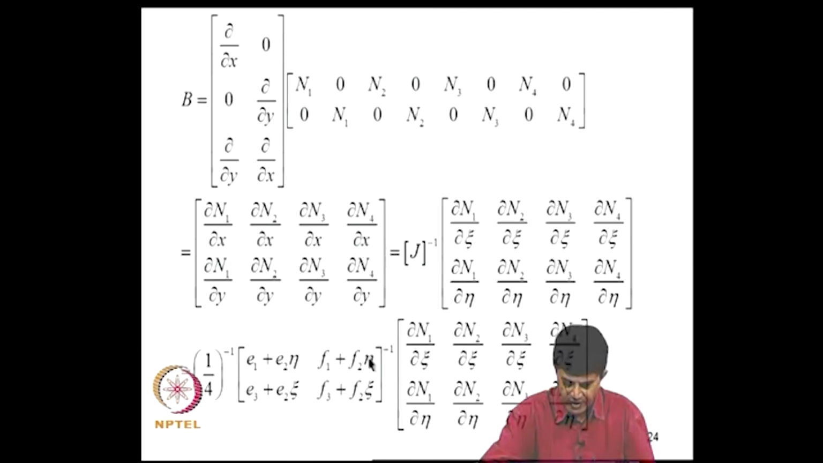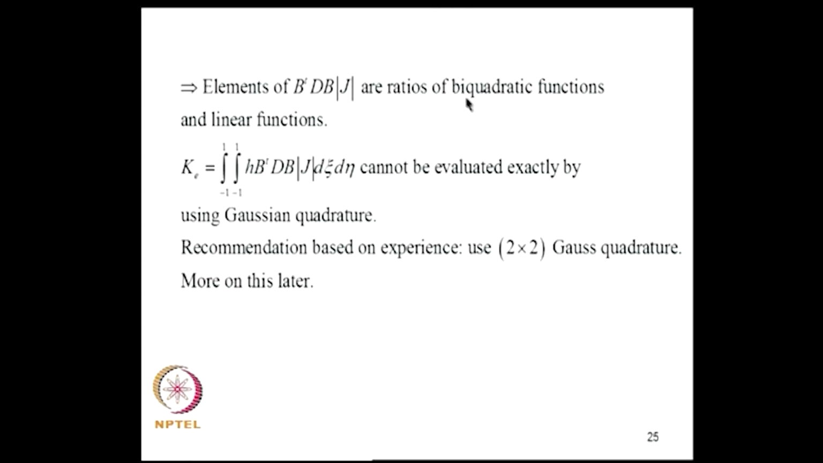See, there is an inverse here. So, if you look at individual terms, they will not be polynomials, they will be ratios of polynomials. Okay. It turns out they are ratios of biquadratic functions and linear functions. So, this would mean Gauss quadrature will not be able to evaluate elements of Ke in an exact manner. So, if you use Gauss quadrature to evaluate this, we are introducing certain approximation,